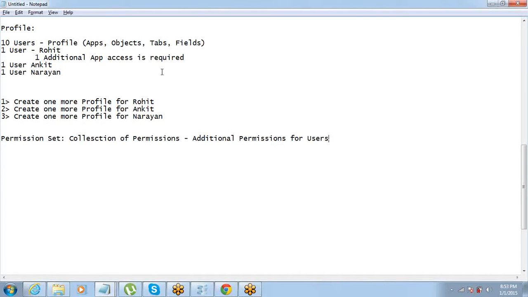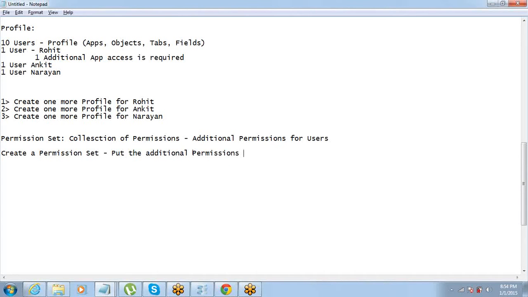Got it? So using permission set, what I can do, instead of this solution, instead of creating one more profile, I would create a permission set, put the additional permissions, whatever additional is required. Whatever is already there in the profile doesn't need to be put in this.